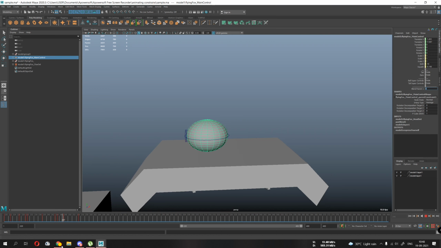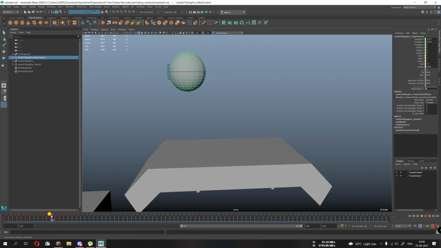Animation is gone. So what we need to do is animate from 0 to 1. Till 244, where the ball is animating, let's set it to 0. So till 244 it will be 0, and at 245 it will be 1. It's very easy.